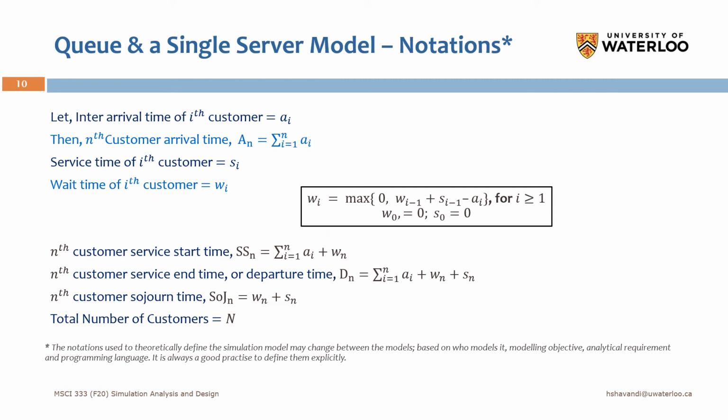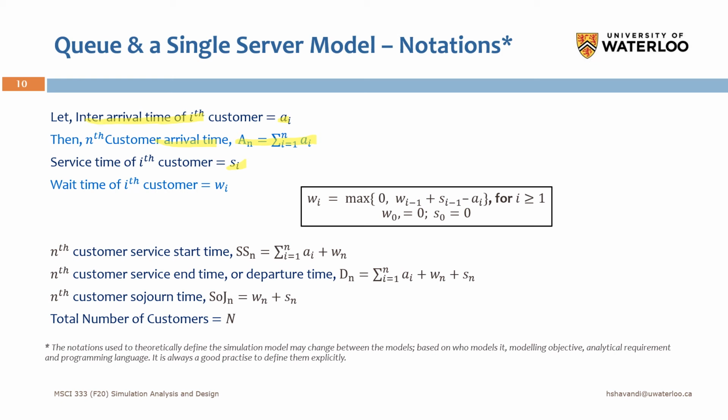So let's have the notations that we need to model the system as a simulation model. If the inter-arrival time of the ith customer is a_i, then the arrival time of the nth customer will be this, the sum over i of a_i, okay? And if the service time of the ith customer is s_i,